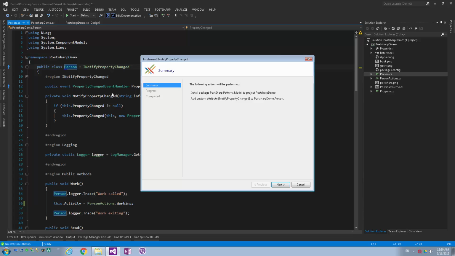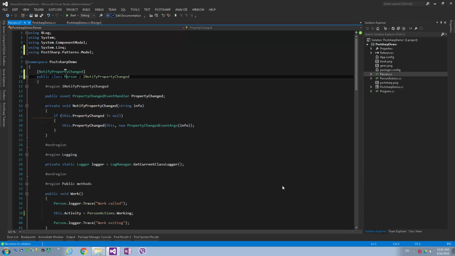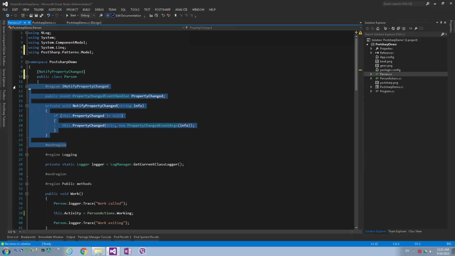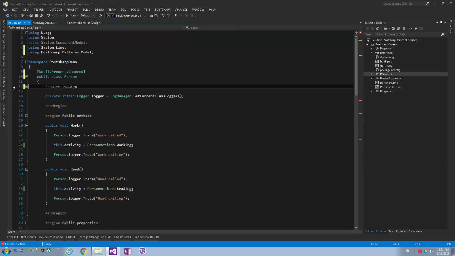So I get this very nice little wizard that all I have to do is click next and finish. Now the only difference in my class right now is that it added the using PostSharp directive, and it added this NotifyPropertyChanged attribute. This means that it now implements this interface implicitly, and I don't need the explicit implementation here. So I can remove this entire region of the INotifyPropertyChanged,